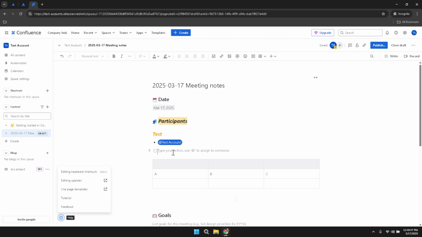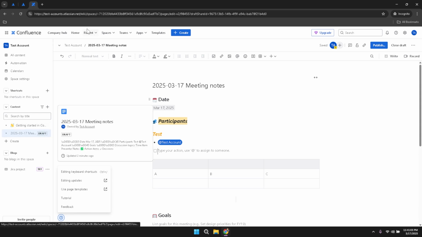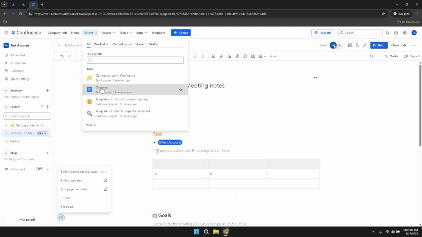styles. When you consider the way Confluence organizes information, the top bar stands out as a central hub for navigation. It is not only about quick access, the top bar also gives you a bird's eye view of your entire workspace. This can be particularly useful when you need to switch quickly between tasks. For example, if you are working on content creation and need to check what projects have been recently updated, you can simply click on the Recent tab. Similarly, if you are initiating a new project or drafting content for a new campaign, the Create and Templates tabs offer the tools you need to get started immediately. The integration of such tools ensures that your workflow remains uninterrupted and that you always have the resources necessary to